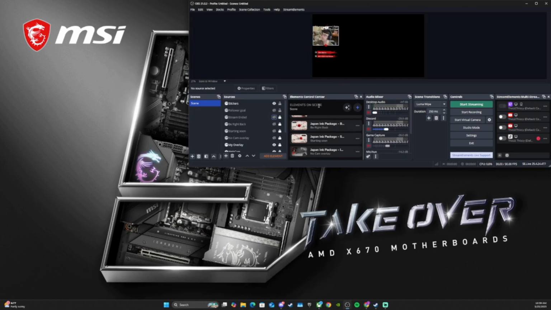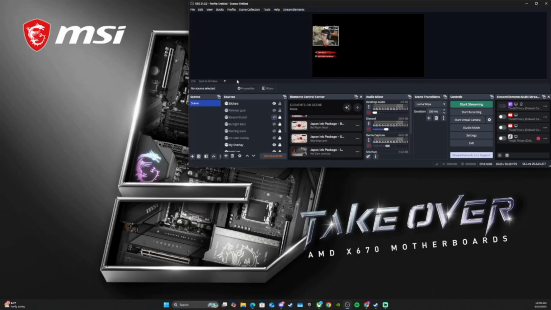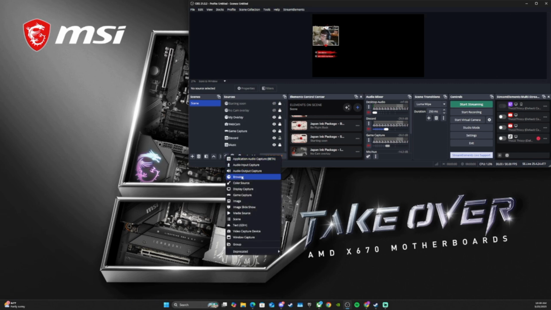With the overlays, you can't add them directly into the element scene, unfortunately. It just doesn't work like that. I'm not sure why. So the way you would add your custom overlay like that is you would actually come to sources, which I actually should have kept that open. That's kind of my fault. We're going to keep that open a little bit to the side over here, or, you know, we're just going to minimize it. And what you would do is you press this little plus icon, go to browser,